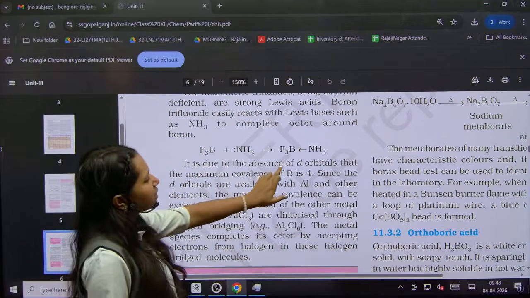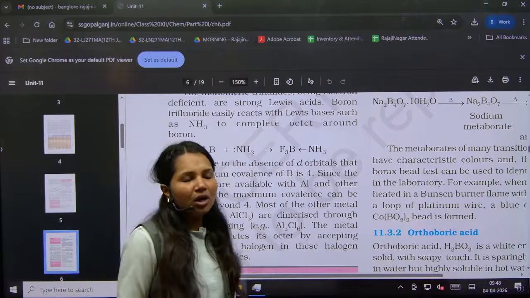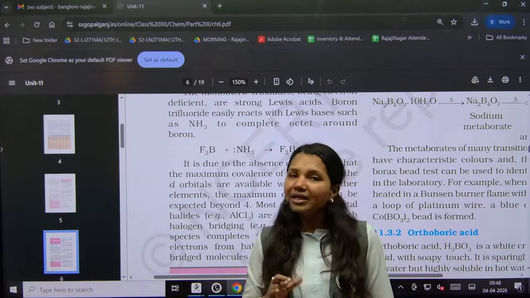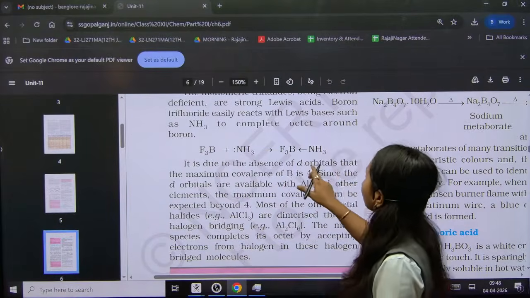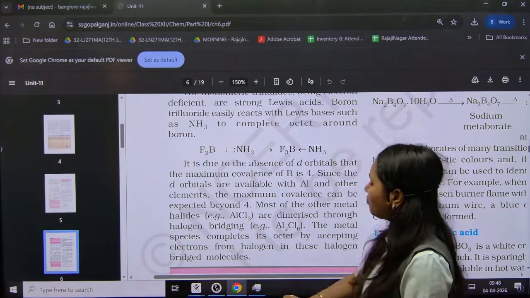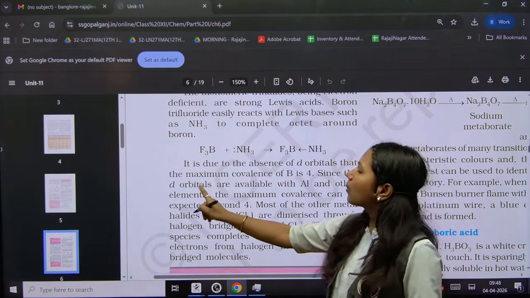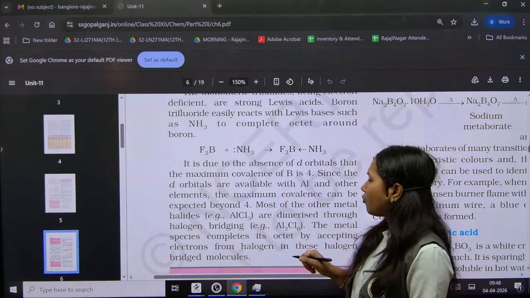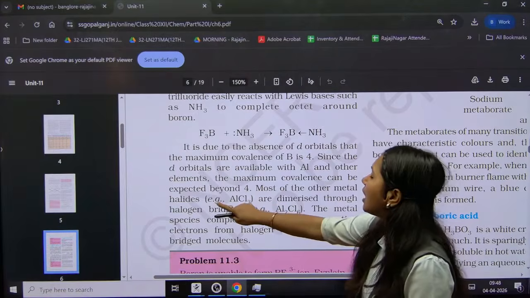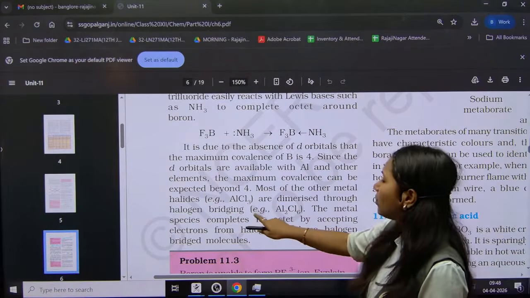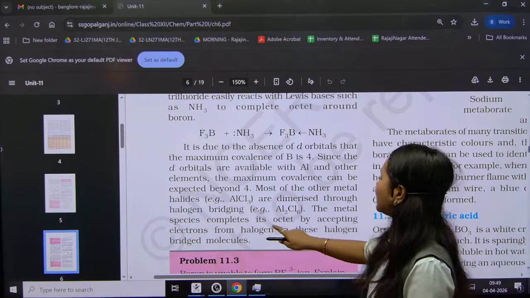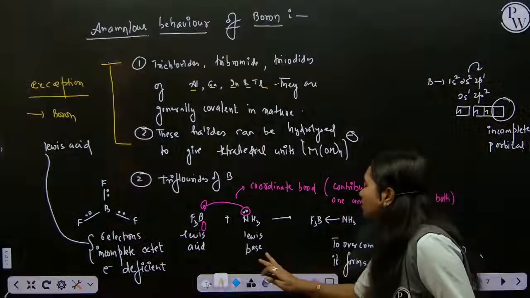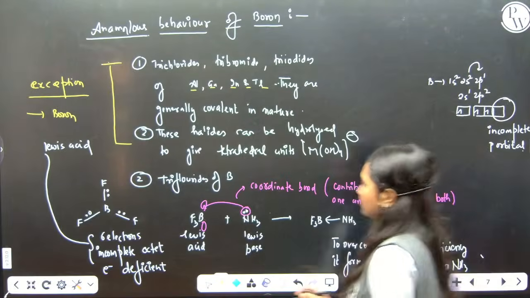It is due to the absence of d orbitals. As I have told you, anomalous behavior is shown by these elements because they do not have d orbitals. It is due to the absence of d orbitals that the maximum covalency of B is 4. Since d orbitals are available with aluminum and other elements, they can expand their covalency beyond 4. Most of the other elements' halides are dimerized through halogen bridging. The metal species completes its octet by accepting the electron. Okay, fine. So one more anomalous behavior of boron is